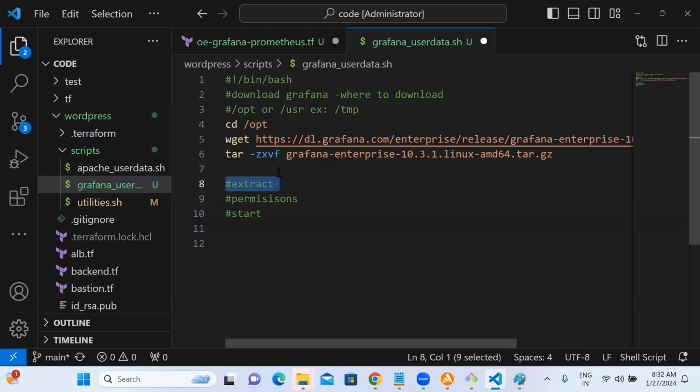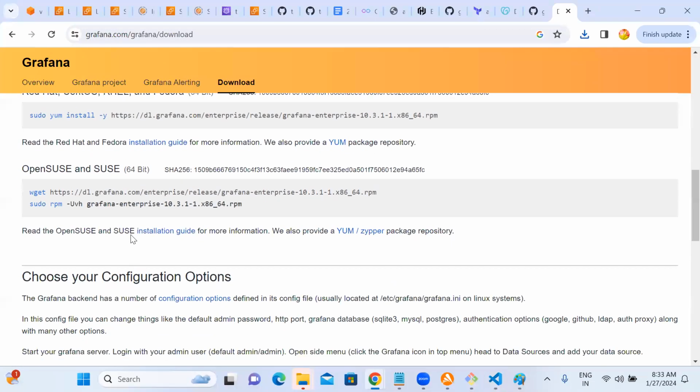Now here itself we are extracting. This is the command that will extract. After extracting, we'll get one folder. Observe, we are going here and then it will download this file. Permissions, it's good to change: chmod something like 755 on that folder. Whatever folder it extracts, we will observe. Inside this, you will have a bin folder that we will use to start.